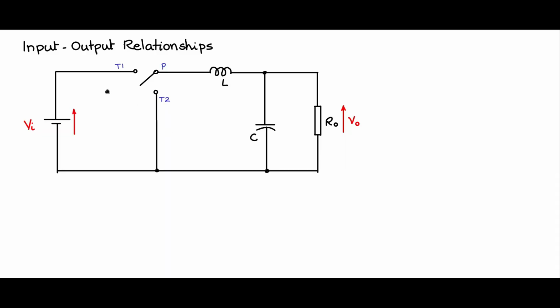Now I will demonstrate for the circuit that we had discussed till now how to get the input-output relationship by application of the volt-second balance. So let us take this buck converter circuit which we have discussed, and let me mark this current I0. I0 is the output current that flows through the output load resistor R0. The voltage across the output is V0. Vi is the voltage of the unregulated input.